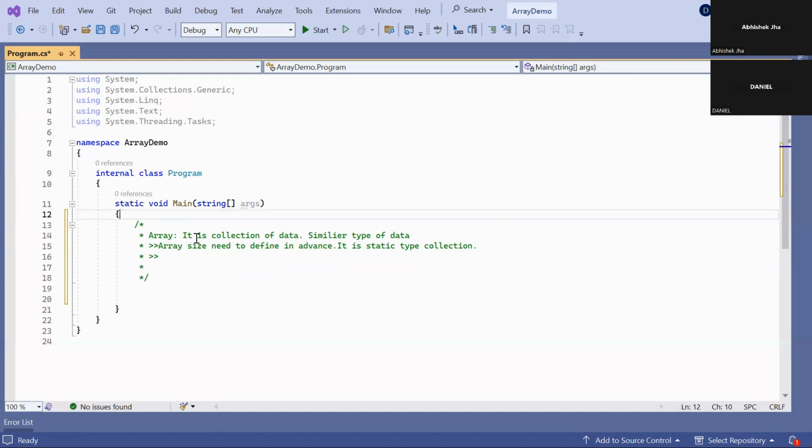No, it depends, because array and collection are two different terms. Okay. Array always has a limit. Okay. And collections, this is a value type of data. Okay. So in C#, there are two types of memory. Let me explain that part also. So in C#, there are two types of memory.